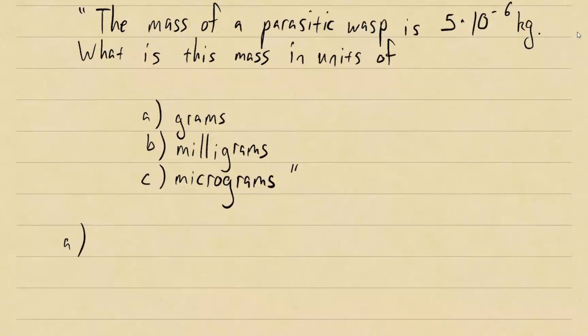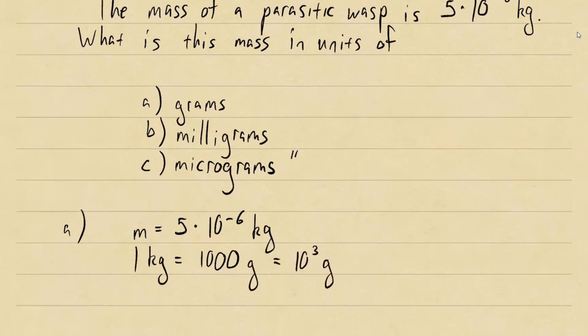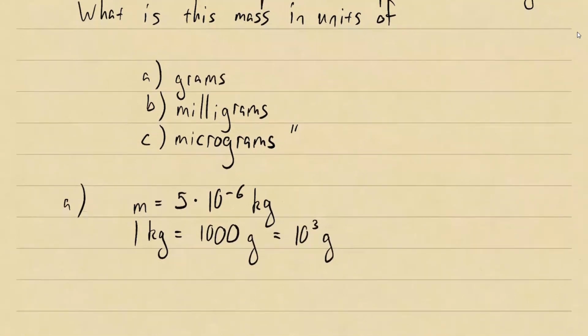So for part A, well, we need to know the relationship between kilograms and grams. So our mass is 5 times 10 to the negative 6 kilograms. And furthermore, we know that 1 kilogram is equal to 1,000 grams. 1,000 can also be written as 10 to the third power, right? 10 times 10 times 10 grams. So we're going to use this information to help us out, right? So we're trying to go from kilograms